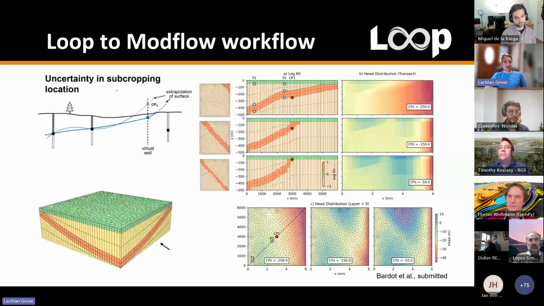The last two things that I want to talk about is where we're going with actually using the Loop models for something else. So there's a PhD student at University of Western Australia. She's not associated with Loop. She just found Loop on GitHub and decided that she wanted to try and use it to build hydrogeology models,